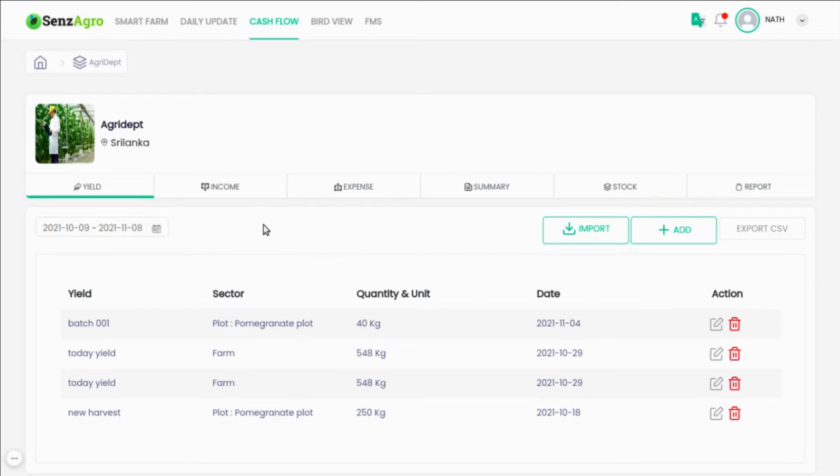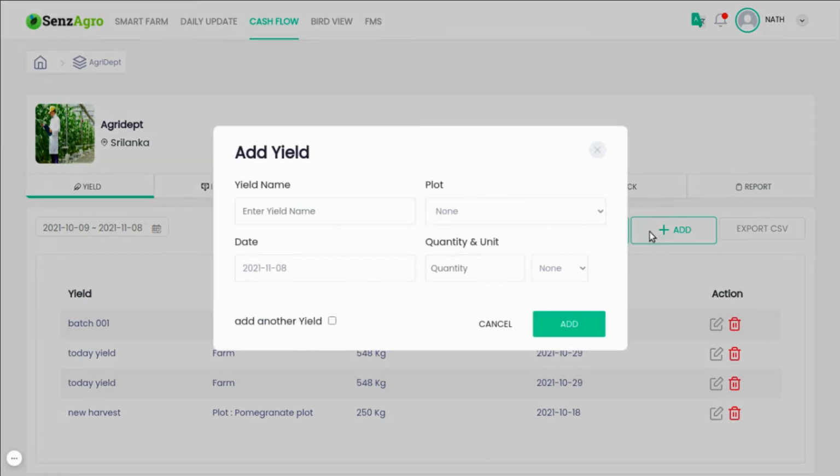And you can import a CSV file, and you can add a yield manually. So let's add the yield manually. First, enter the yield name. I'll put batch 0001 and the plot, pomegranate plot, and the date of the yield and the quantity of the yield. Select the kilograms or liters, then push that button when the yield has